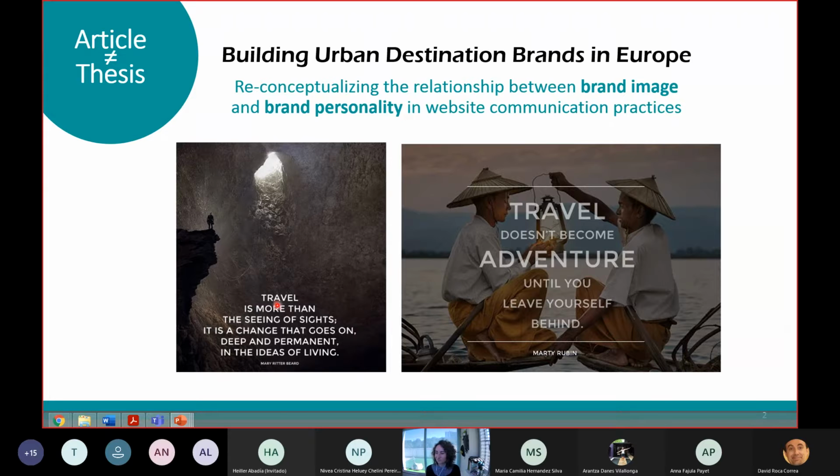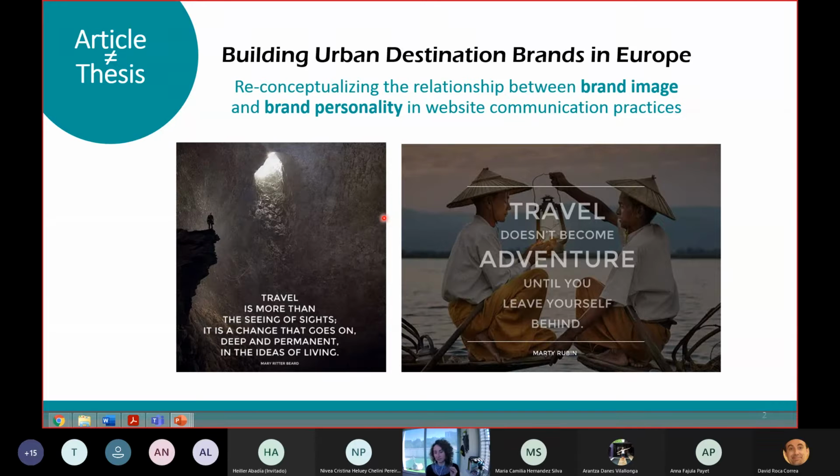I brought you here some examples of memes that I'm sure you came across many times about how meaningful traveling is, that traveling is not only about seeing sights, but it is about transformation. It makes who you are and says something about yourself. Okay, so these kinds of memes that you find are actually indicators that